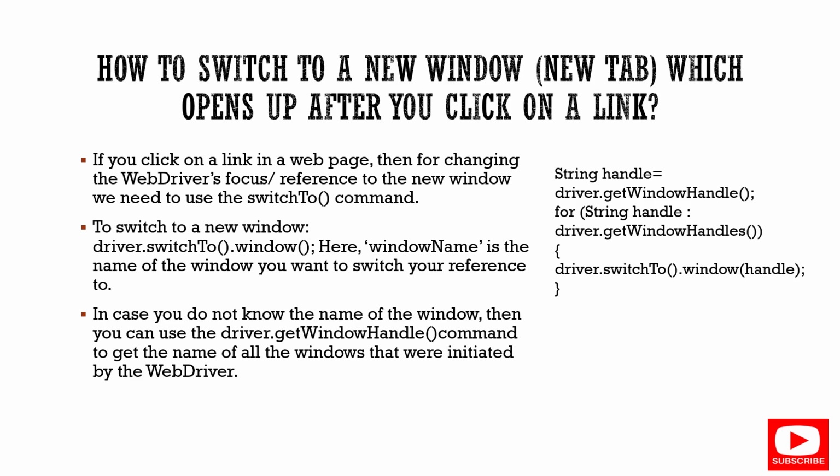After that you can switch between those window handles using one more command, driver.switchTo().window, under which you have the handle. Here it is a for-each loop, so it iterates that many times. If you have 10 windows open, it will perform 10 times. If you want to go to a specific window, you can provide an index number. So this is the information on new windows. In Selenium 4 there is a new feature for opening a new tab, so do check out the Selenium 4 sessions on my channel.